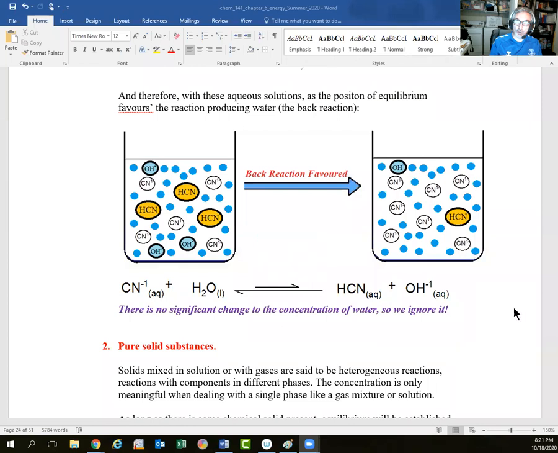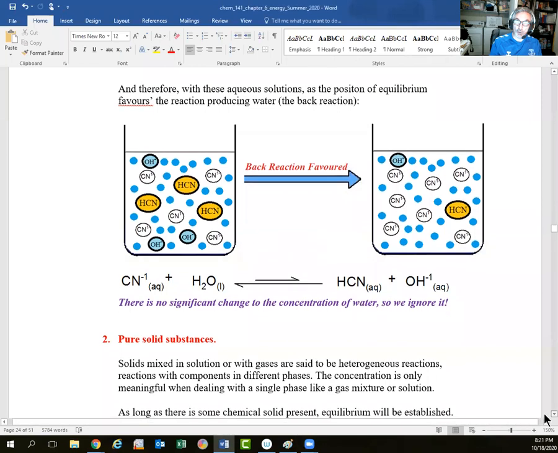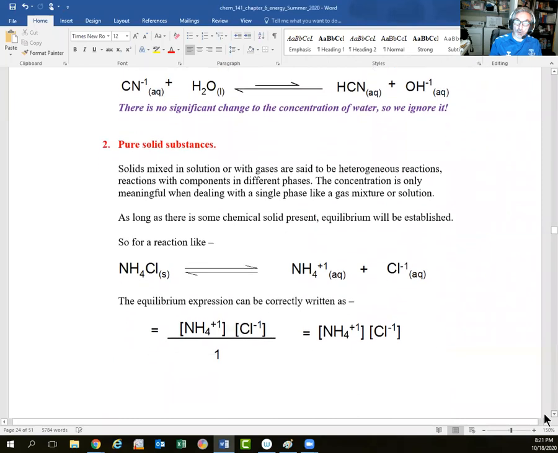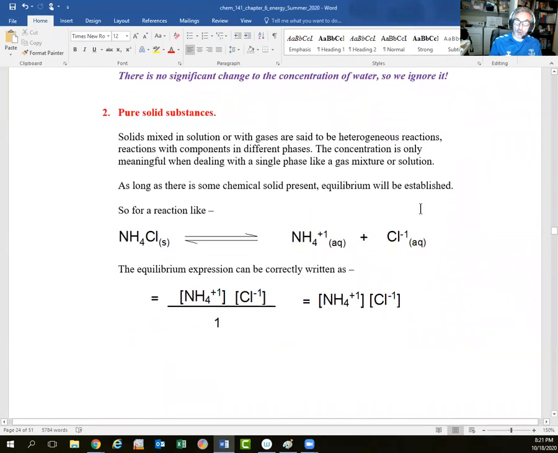Okay, so that's the first one, water. The other caveat to all this, when writing the equilibrium expression, is to ignore the presence of solids. Solids cannot have their concentration measured, like say ammonium chloride here. Can't measure it. You can measure its mass, you can measure its volume, so you can therefore take its density, but